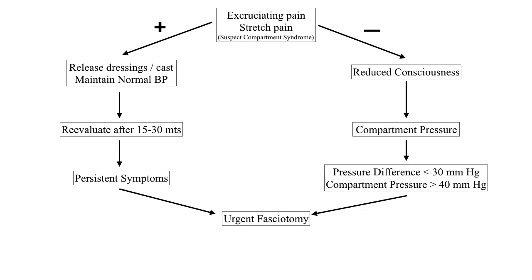So in fasciotomy, you release the skin and fascia throughout the length of the limb, and the necrotic muscles are debrided and the wound is left open. Re-exploration is done after 48 hours to see whether there is any further necrosis, and the necrosed muscles are again debrided, and then a plastic surgeon consultation is obtained for wound coverage with either a split skin graft or a flap depending upon the status of the wound.